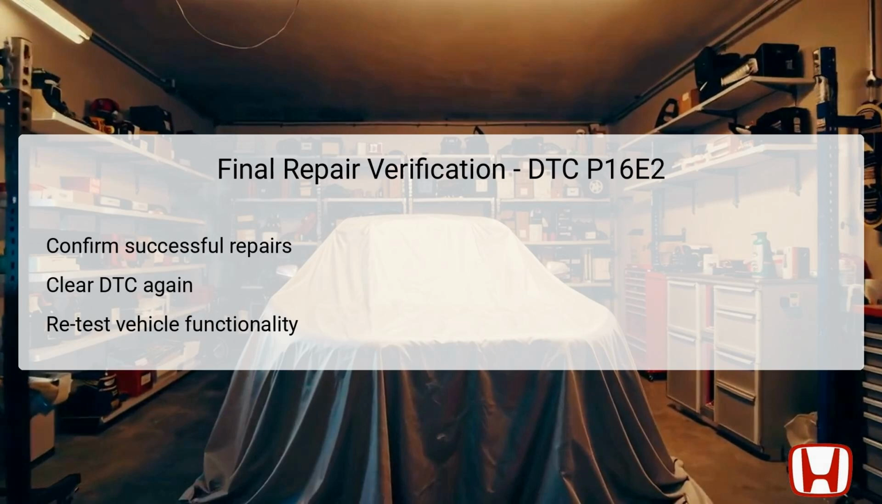Once all actions are completed, the next critical action is to clear the DTCs once more, utilizing the Honda Diagnostic System HDS. This clears any lingering error codes from the vehicle's memory and allows for a fresh check on the system's performance. Following this, it is imperative to retest the vehicle's functionality to ensure that the issues have been resolved and that all components are communicating effectively. This final verification solidifies that both the LIN communication and overall electrical systems are operational, contributing to the vehicle's reliability